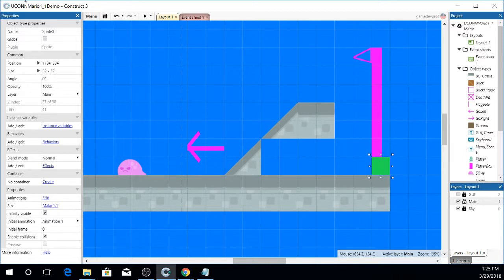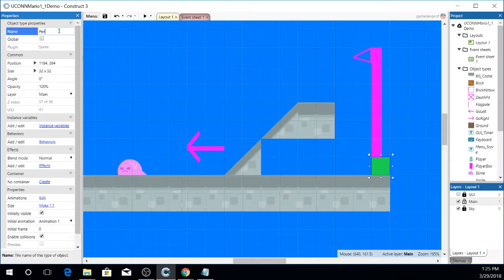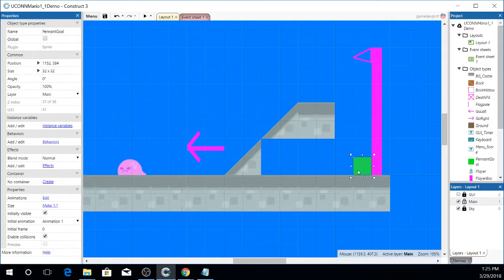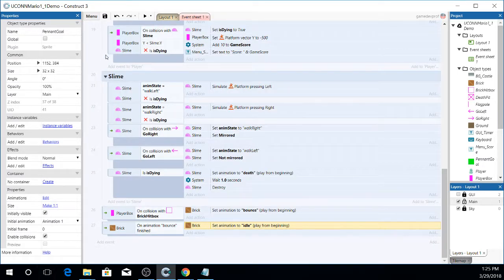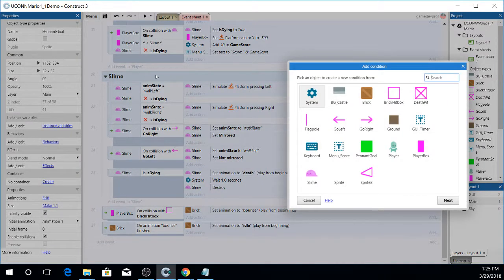And this is going to be called pennant goal, or ground, the place where we're going to end our event, or where this needs to collide with. So this is going to drag down like this. And we're going to make this really weird object. It's going to be a player-based thing. So player box,